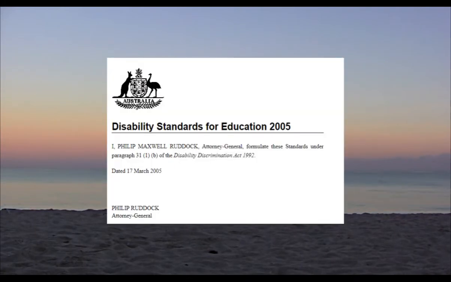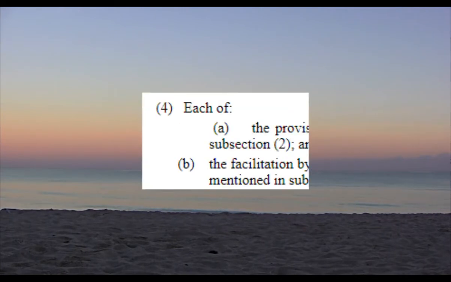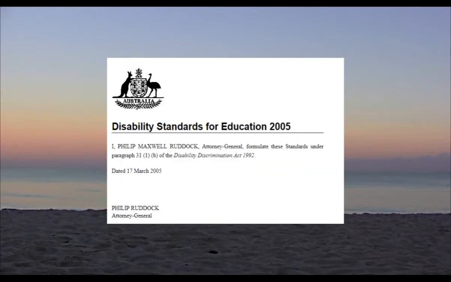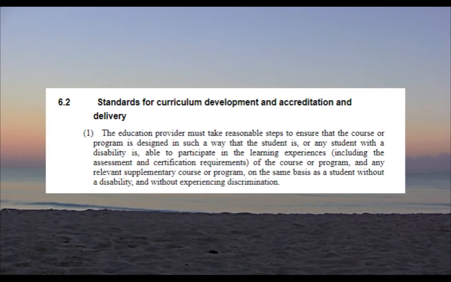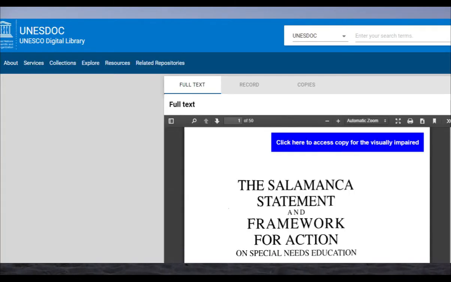The Disability Standards for Education, released in 2005, is one of those hardcore legislative articles with extreme legal jargon. But even through the divisions and subsections within subsections, it's easy to see there's a concerted effort to provide equity in the form of accessibility and opportunities for all students, with standards for participation and curriculum development. Participation seems to be the main line that these sorts of documents concentrate on, and while reading the Salamanca statement, that was really easy to see. The PDF version that I was reading even had a copy for the visually impaired.